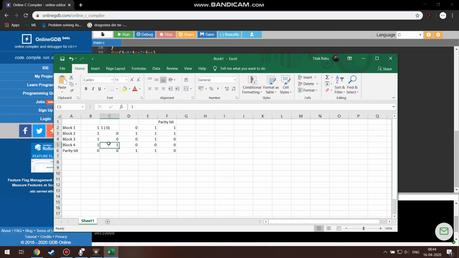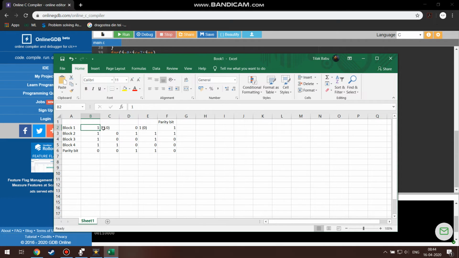Now let us take another error here in this E column of the second row. Instead of 1, a 0 is sent. Whatever is represented in brackets is taken as the error, which is sent instead of the original data. So according to the 2D parity check, in the second row, the total number of ones is 1.